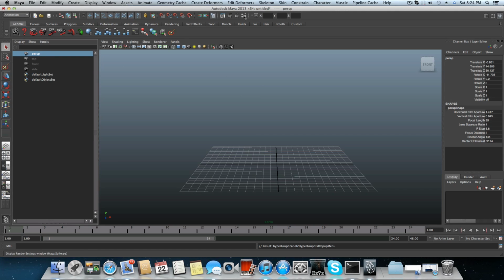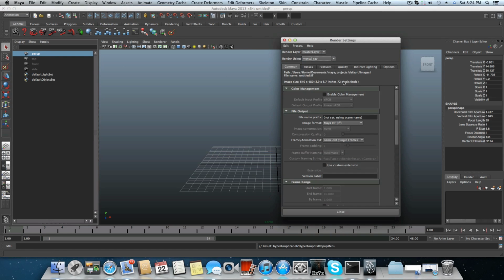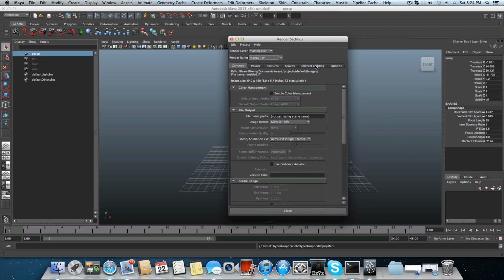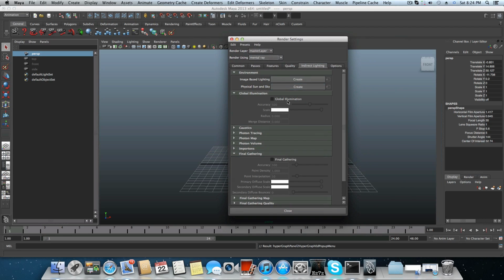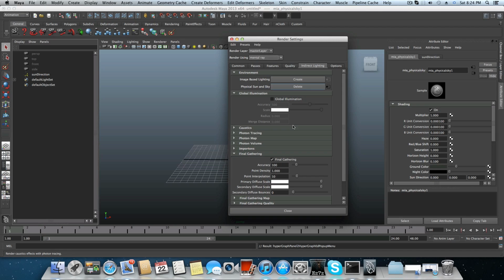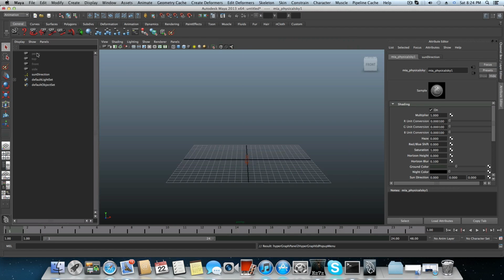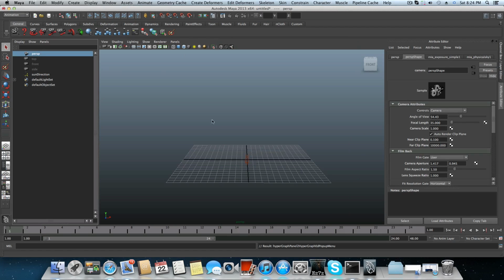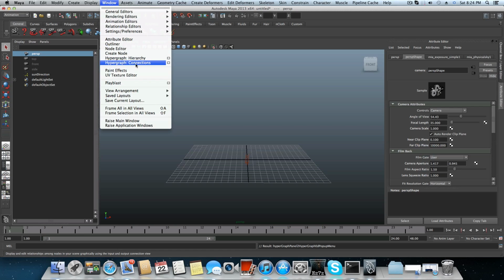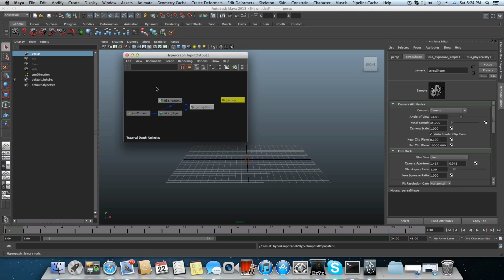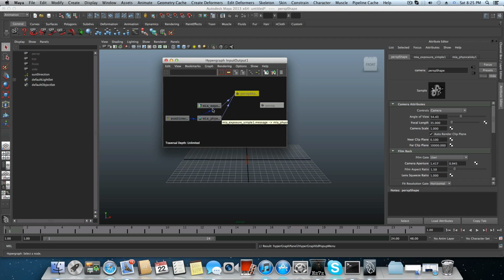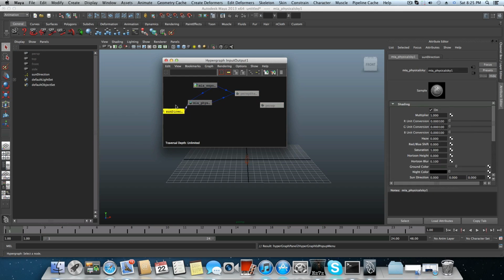Okay, now whenever you create the mental ray settings and you apply the physical sun and sky and choose create here, actually what this will do is that it will update your camera. Before I created this physical sun and sky, the perspective camera had only one node in the hypergraph connection that I opened. Now, after creating the physical sun and sky and choosing the hypergraph connection, you will see that the perspective shape, which is the camera, will be updated with 3 new nodes